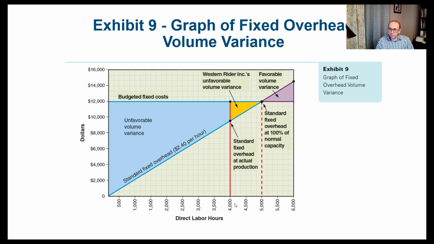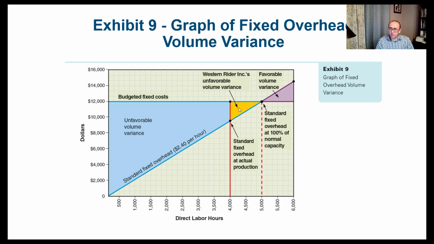Since we only used 4,000 direct labor hours, that's our standard fixed overhead at actual production. You see here it's below our budgeted fixed cost. So this is the area that's considered to be the unfavorable volume. Up to 5,000, everything would be unfavorable volume variance. And in our case here, the difference between the 12,000 and this value here would be the unfavorable variance,